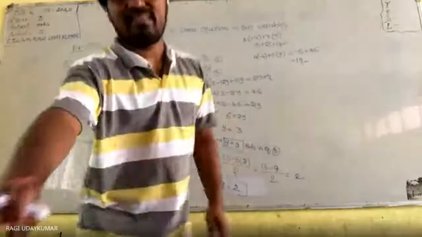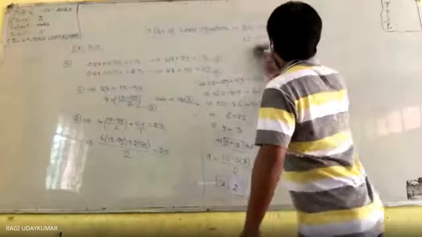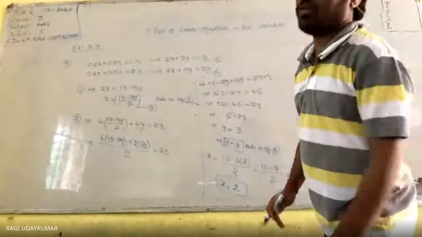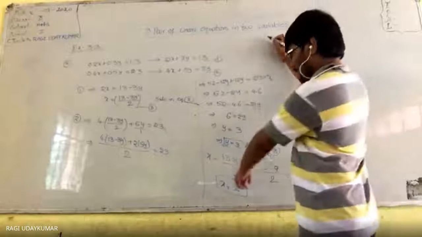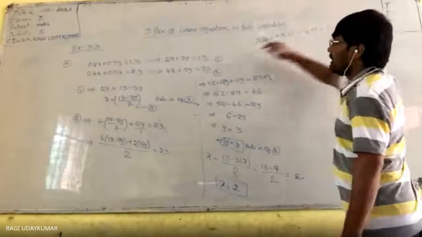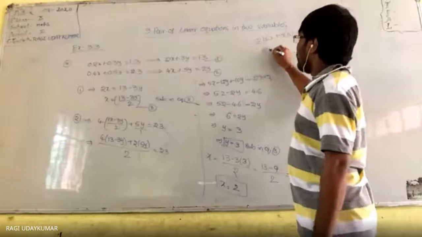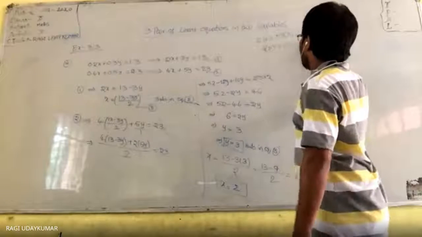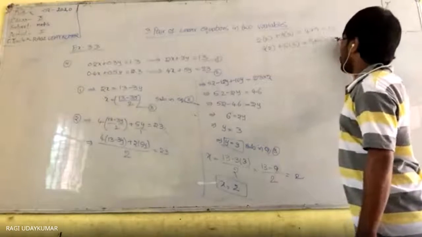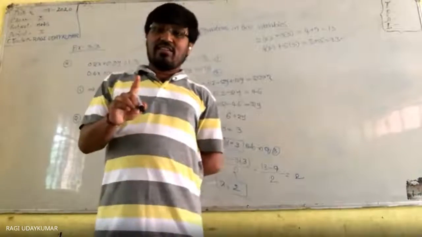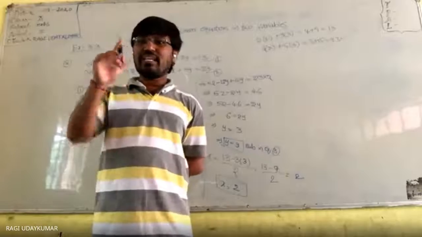Now you check in both the equations. So first वाला भी satisfy होगा, second वाला भी satisfy होगा. So 2 into 2, 3 into 3. So 4 plus 9 which is equals to 13. 13 आ गया है. Second one 4 into 2 plus 5 into 3 which is equals to 8 plus 15 which is equals to 23. 23 आ गया है. पहले वाला देखो, first equation only satisfies.